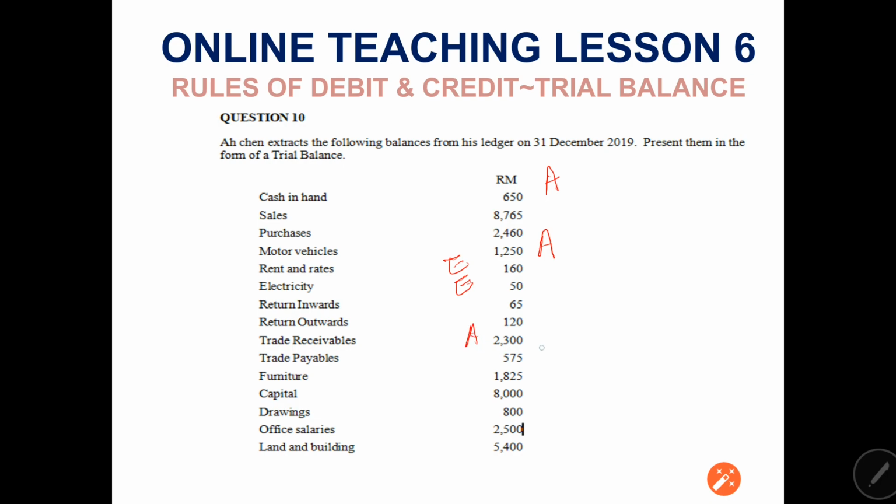Accounts payable, liability. 你就一个一个看啊，你就把它分类出来，然后呢把它抄进去一个 trial balance，一个正统的 format。Okay, furniture 是我们的资产，Capital 是我们的资本，OK，然后 drawing 是 debit 的，Office salary 是 expense account，所以是费用是我们的 debit column，然后 land and building 是我们的资产，是我们的 asset，然后呢应该是在 debit，OK，然后你就把它排好它啦，你就排在这个 trial balance，OK，你的答案应该是这样子的东西啦。